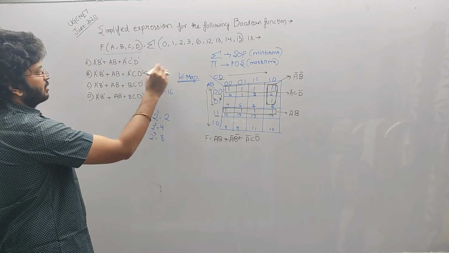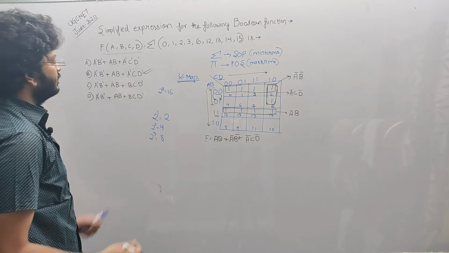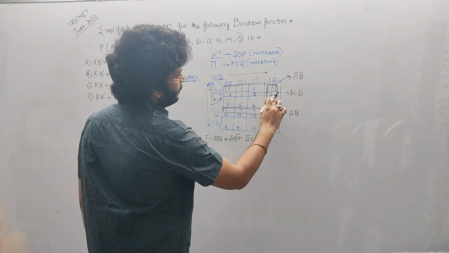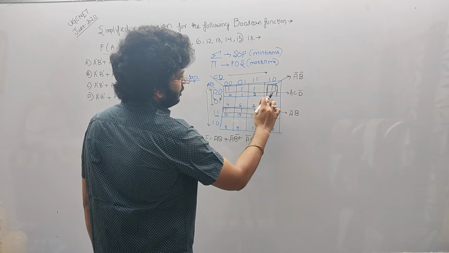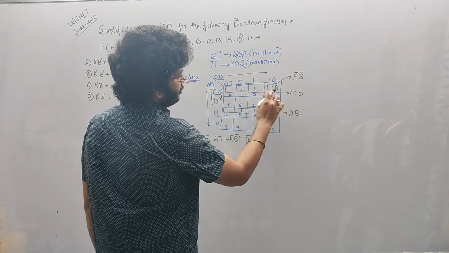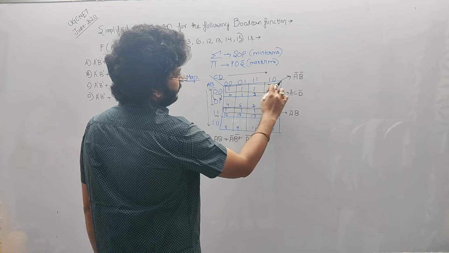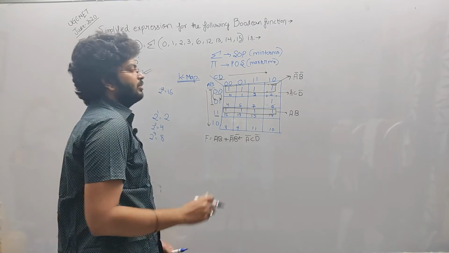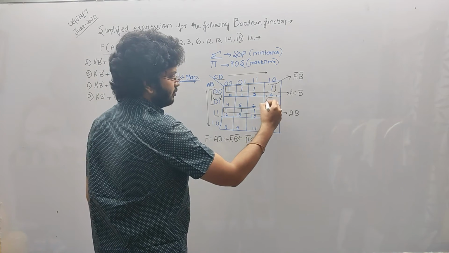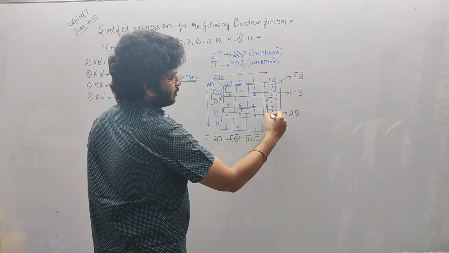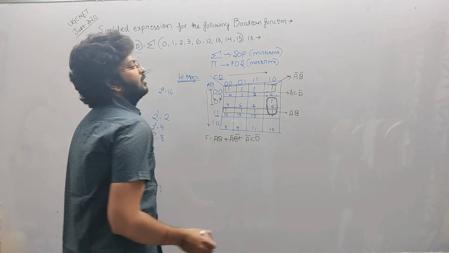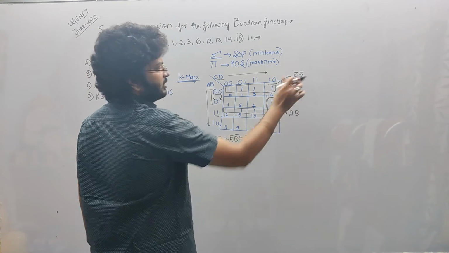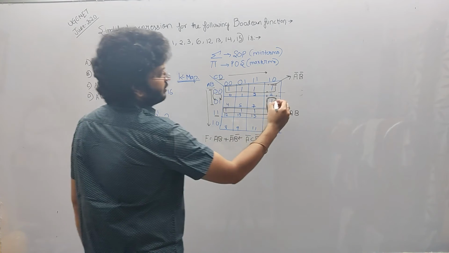This is the answer. But here in this case we have a second option. Second option means if I am not combining this part, I am leaving it, and I will be combining this one with this part. This can also be a possibility, we cannot leave it. So in this case this thing remains the same as it is, only this part will be changing.